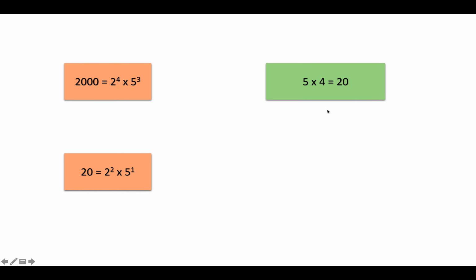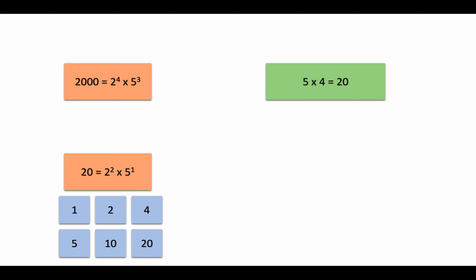So let's look at another number, 20. 20 is a number that we can easily count the factors of, right? So we'll check whether this pattern comes out as correct or not. What are the factors of 20? We know that 1 is a factor, 2 is a factor, 4 is a factor, 5 is a factor, 10 and 20 are also factors. These are the only 6 factors of 20.